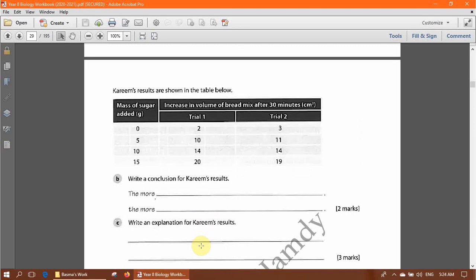So what could be the conclusion? The conclusion is that the more the sugar added, the more the increase in volume of the bread mix. So the more the sugar added, the more the increase in volume of the bread mix, or the more the volume of the bread increases. Okay, as you add more sugar, the rise will be more. Write an explanation